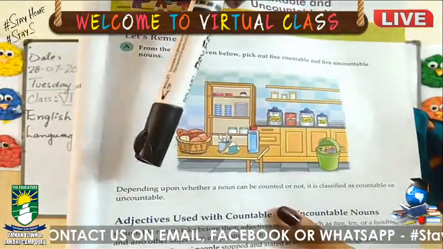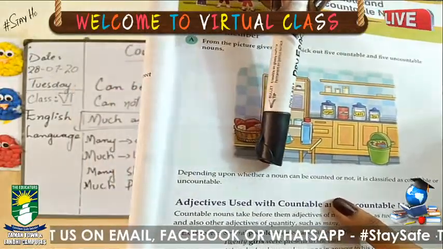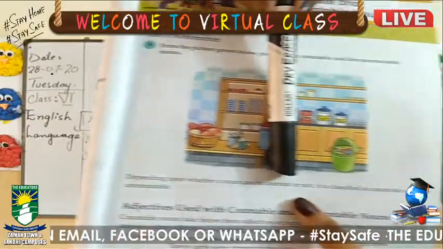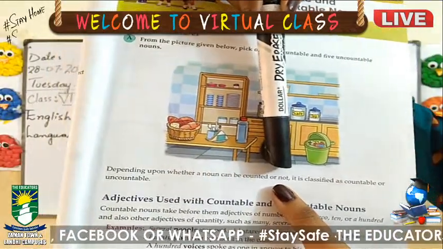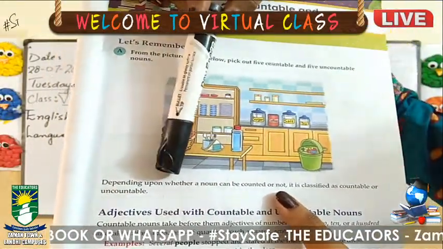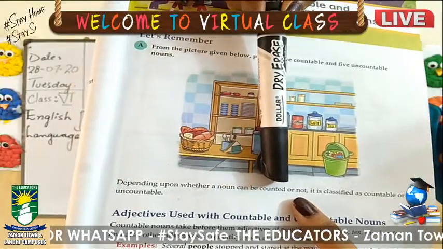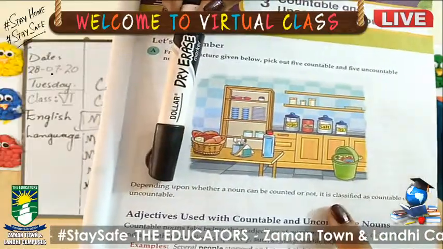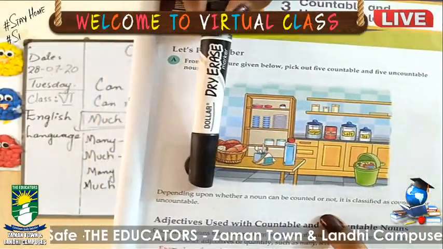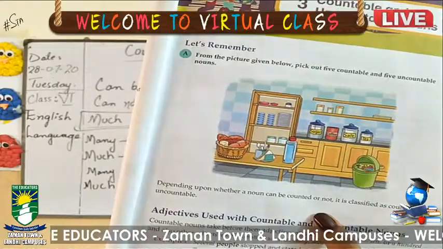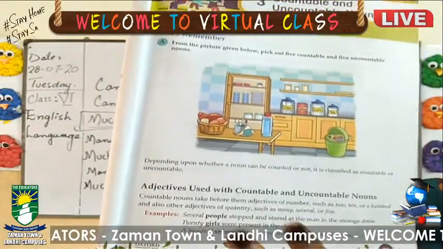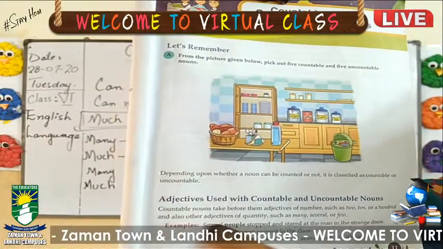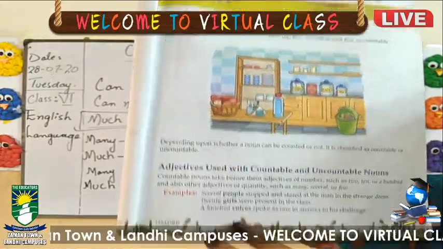Now here, depending upon whether a noun can be counted or not. Can you see it now? Depending upon whether a noun can be counted or not, it is classified as countable or uncountable. The thing which we were discussing there, that we are having the two nouns countable and uncountable. Here, in the example,